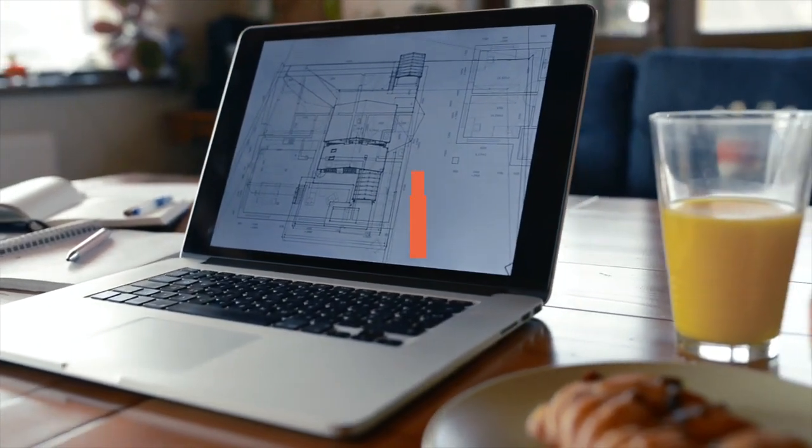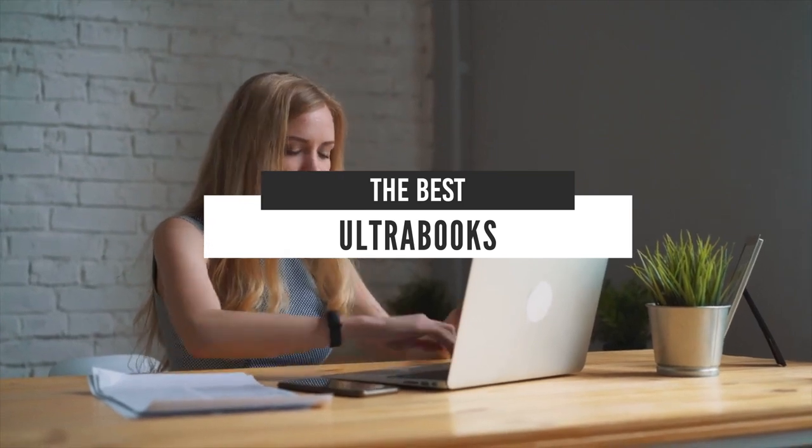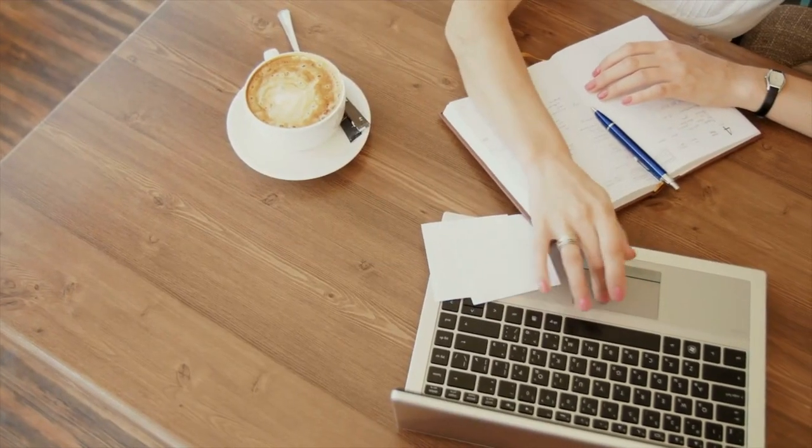Hello everyone. Today we'll take a look at the best Ultrabooks in the market for 2021. I made this list based on my personal opinion, and I'll try to help you find the right one for